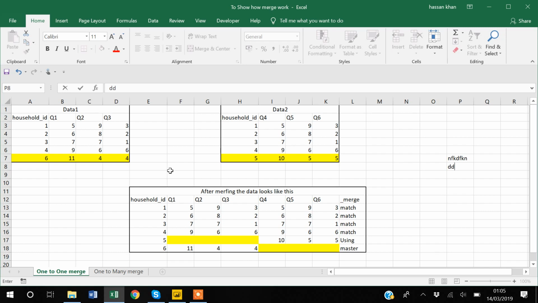For this video I will be using very small data sets. One of the reasons for using small data sets is that you will be able to see more properly how merging is going on in Power BI. So now, first I will start with the one-to-one merge. So actually, I have this data one which is having